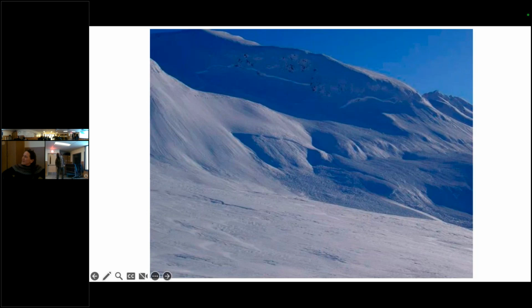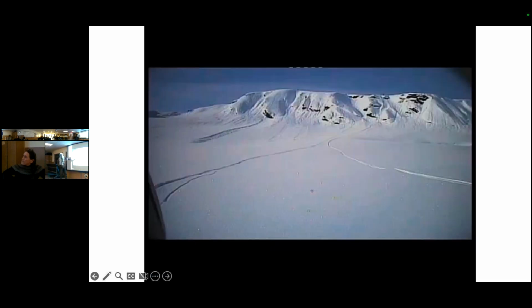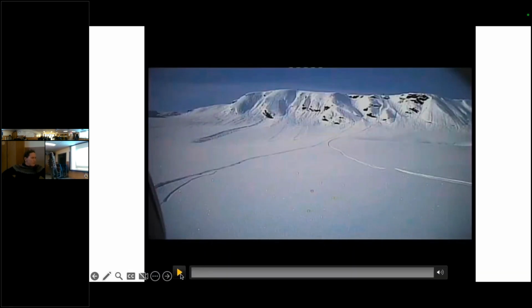Is this video or just photo? It's just a photo. Just showing different slabs, different spots, below rocks, and on those convexities, those benches below, and wind loaded. I think this video works, but it cannot play media.